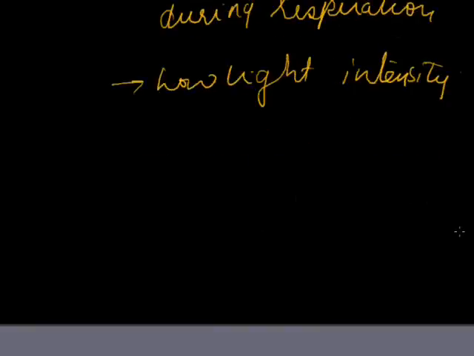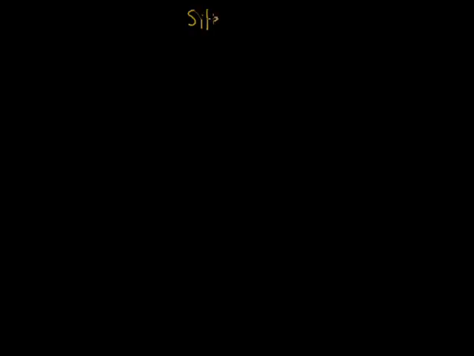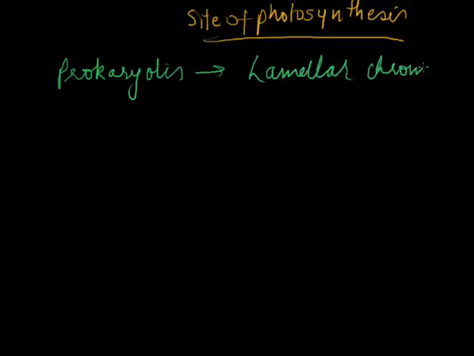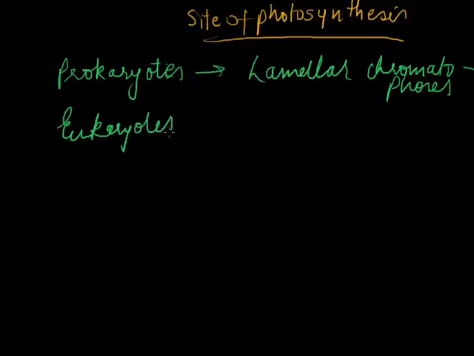Now next is the site of photosynthesis. The site of photosynthesis is different in prokaryotes and eukaryotes. In case of prokaryotes, photosynthesis occurs in lamellar chromatophores, but in case of eukaryotes, photosynthesis occurs in chloroplast,